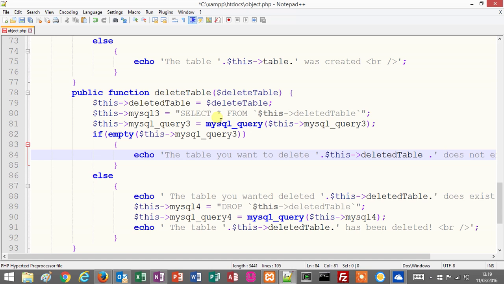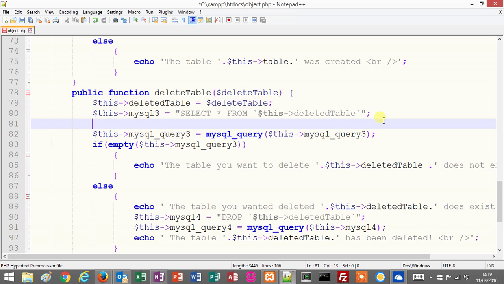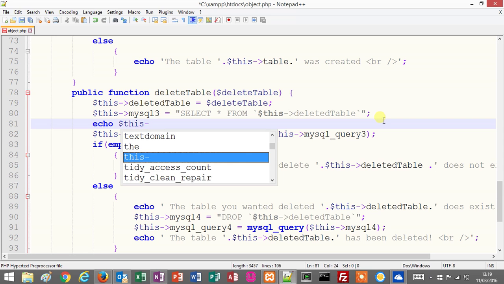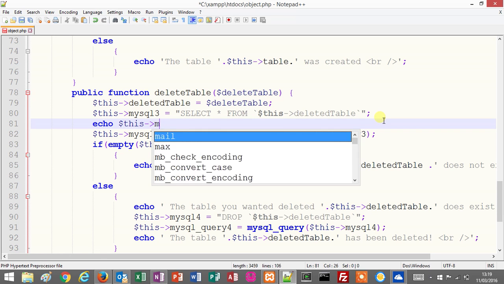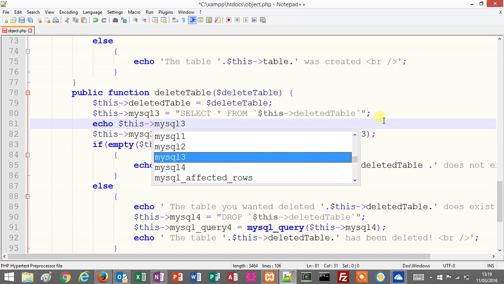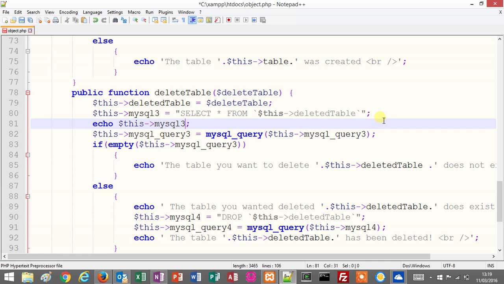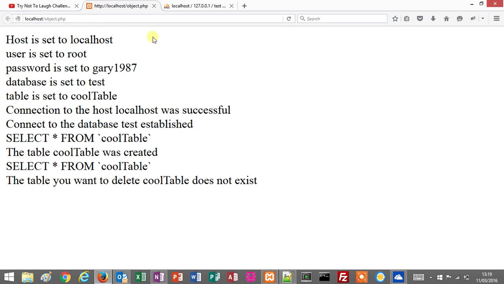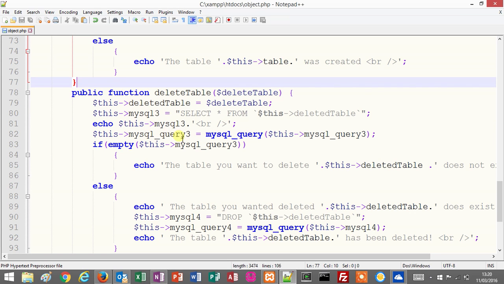Select everything from delete table. We'll print that query out so we can have a look at it, so try and figure out what's wrong. So echo this MySQL 3. Let's obviously put a line break. Let's do that again. Select everything from cool table. So it's checking to see if cool table exists. And then over here, this